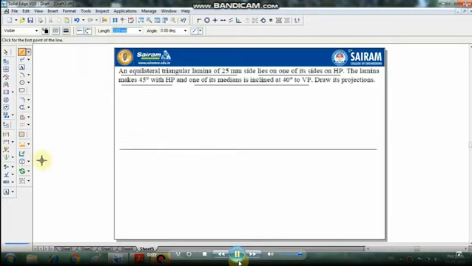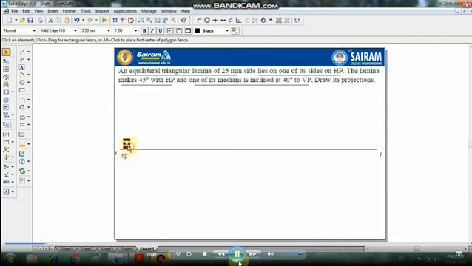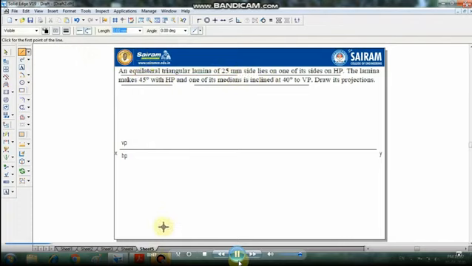First draw XY and we can text the X and Y. Mention VP above the reference line and HP below the reference line. It's an equilateral triangular lamina, so we have to make it 25 mm on each side.